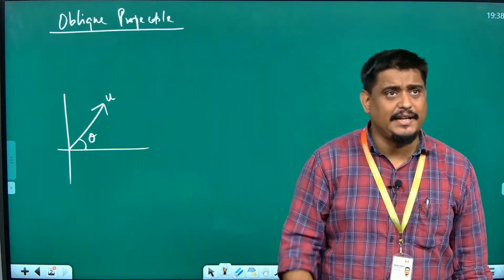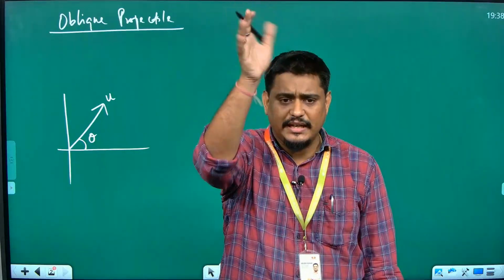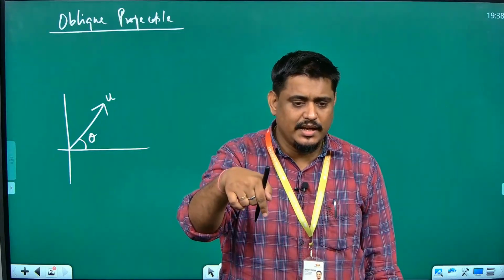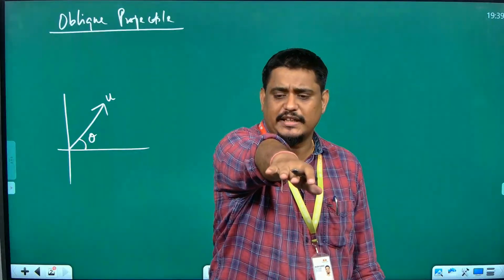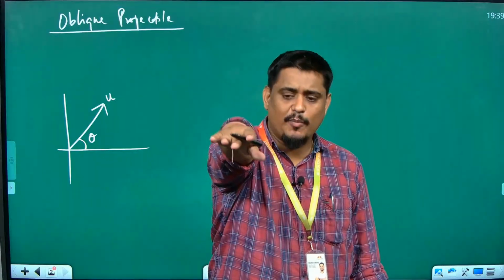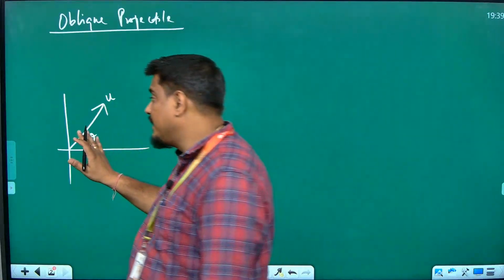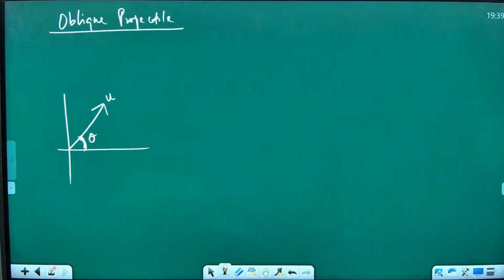If I take a ball and throw it vertically upward, is it a projectile? Yes. Theta is how much? 90 degrees. If I throw the ball straight like this, is it a projectile? Yes. Theta is how much? 0 degrees. But here I am taking the condition where you throw an object at some acute angle,